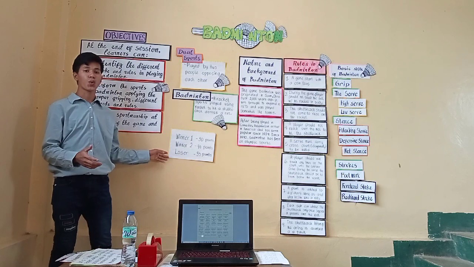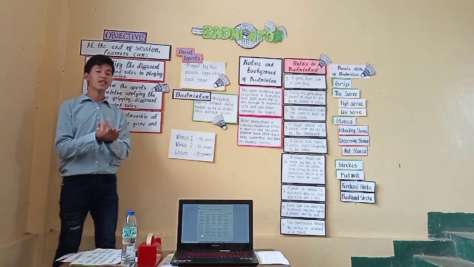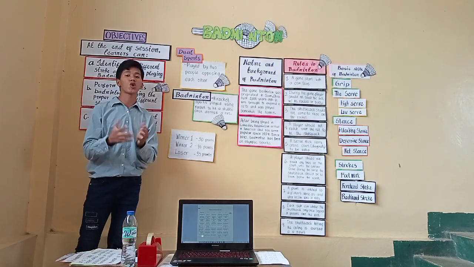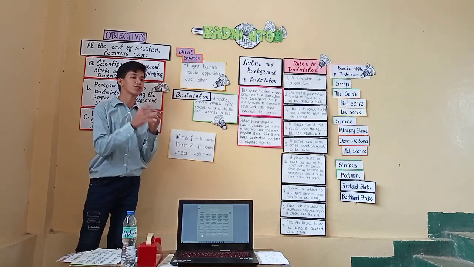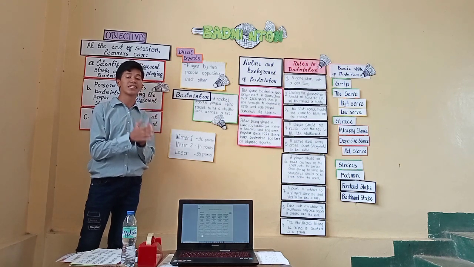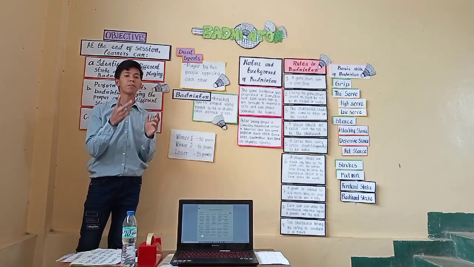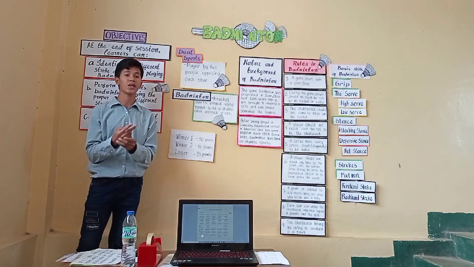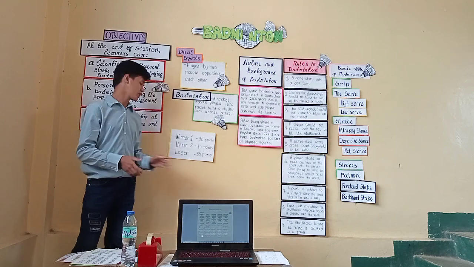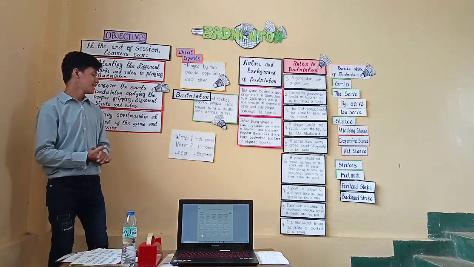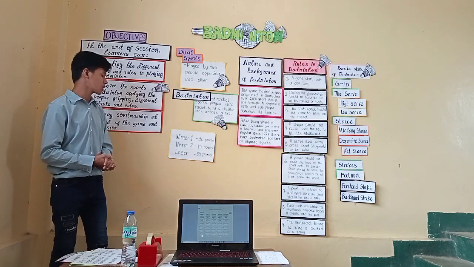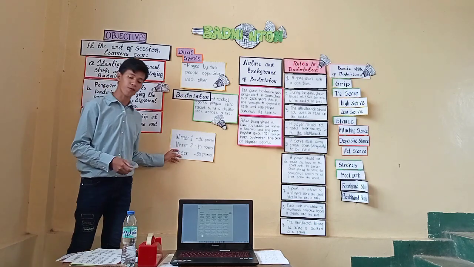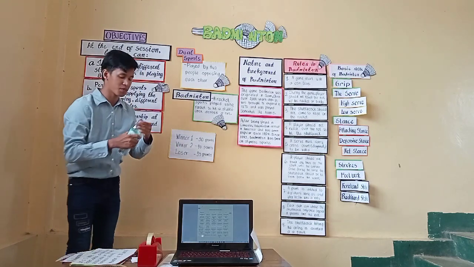And next is winner 2. So winner 2, it is a loser versus loser, or L versus L. So the loser of the set A and the set B will play, and those who win will automatically be the winner 2. And the winner 2 will get 40 points, and the loser will get 35 points. Okay,